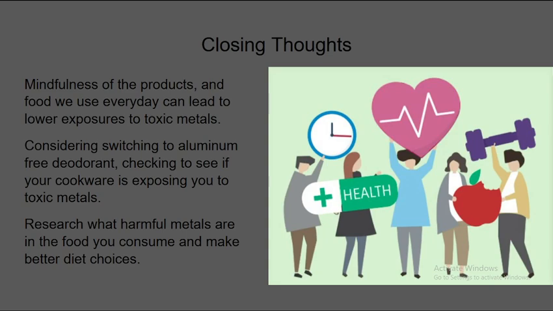All right, some closing thoughts. Just looking at the products we use, if you have a home which you might think has lead-based paint, you can order a test kit. They're between like $15 and $20. So you can test the paint in your house. You can look at products in your house and see how you can eliminate heavy metals.